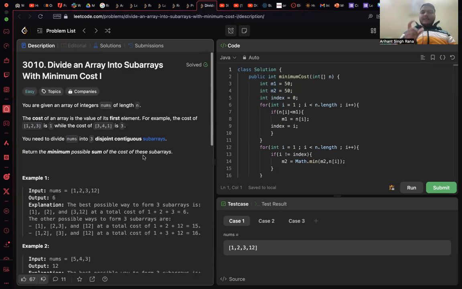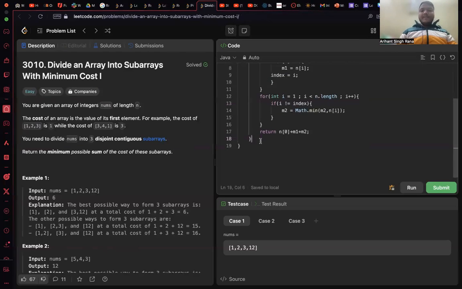Now, why did I create these three variables? Let me first clear out the concept over here. Whenever we make disjoints of any array, for example, 10, 2, 4, 5, 6, 1, 9, the best possible subarrays, three subarrays in this whole array, would be like,